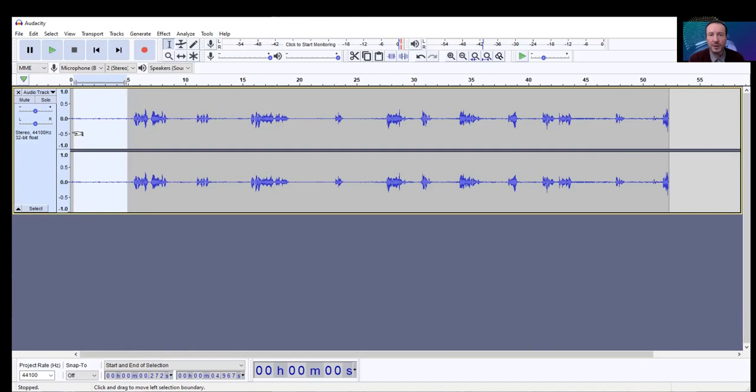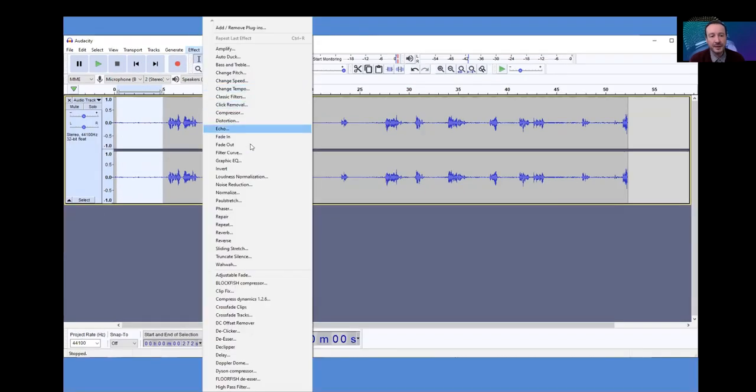You want to make sure that you're not speaking in this, you're not breathing in it, that there's no additional noise that you want to be included. Just a few seconds of that silence, so to speak, the background noise that you experience. Once you've done that, you can go into the effect function, choose noise reduction,